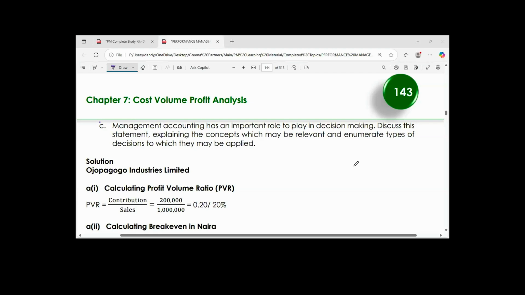Oh, this pen has gone off again. Okay, let me just explain. Now,